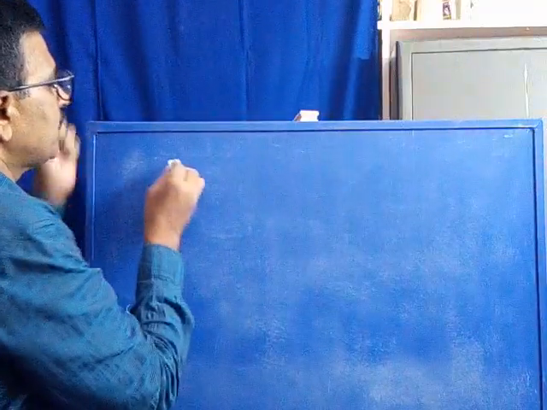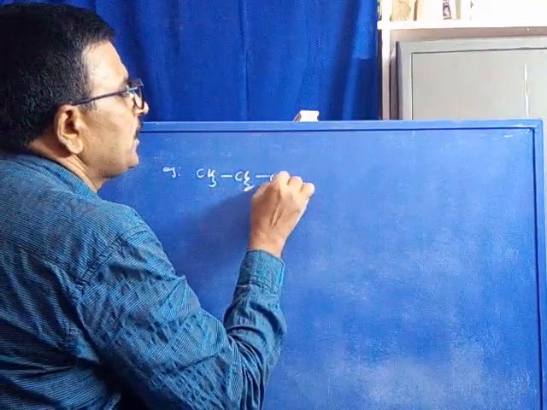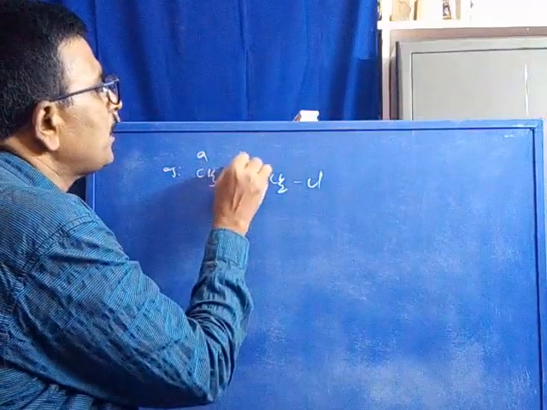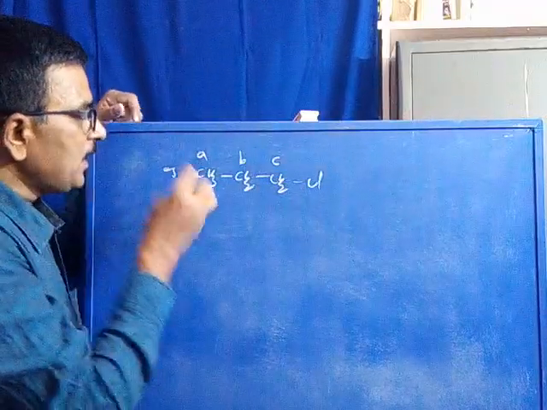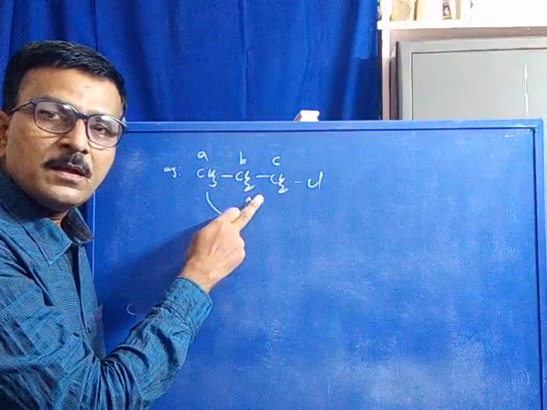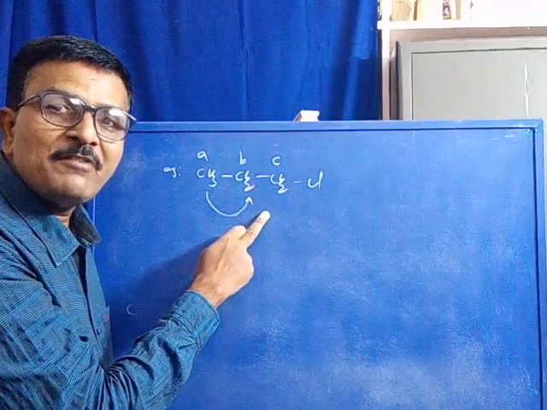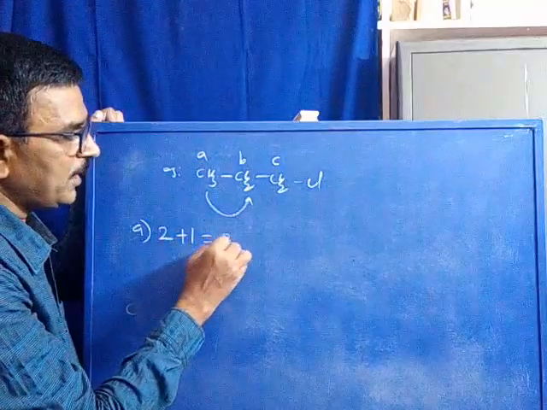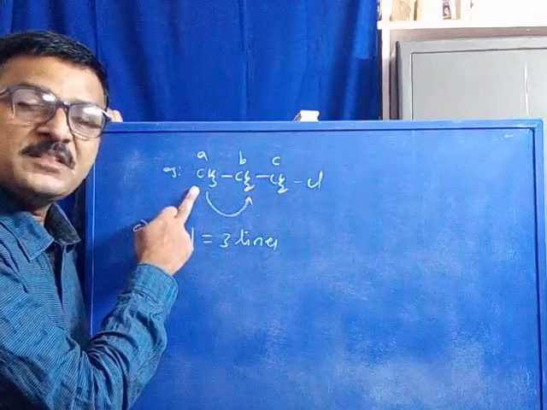Now you can take another example. CH3, CH2, CH2, Cl. N propyl chloride. A set of protons, B set of protons, C set of protons. Now coming to A coupled with B. The A proton is coupled with 2 hydrogens of the B set. The N value is 2. For A, N is equal to 2. 2 plus 1 is equal to 3 lines. So the A signal appears with 3 lines.